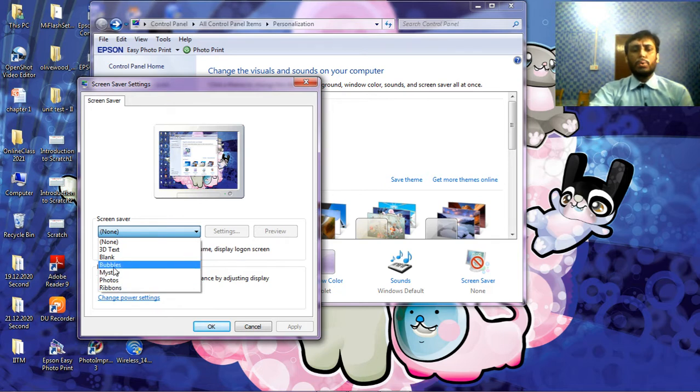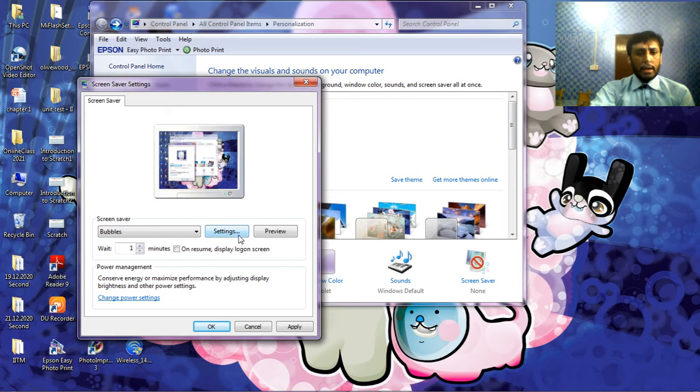Suppose I want to select my screensaver as bubbles, so I click on this and then I check preview. Preview means before implementing anything, you look at the thing first. So click on preview and you can see how this bubbles screensaver is displayed. Just look here, bubbles are coming.